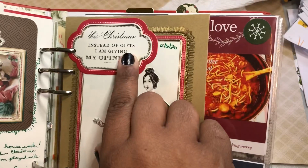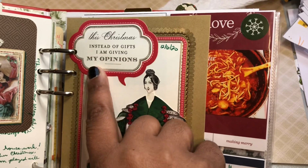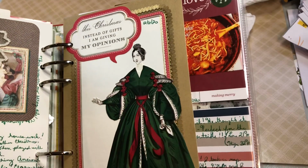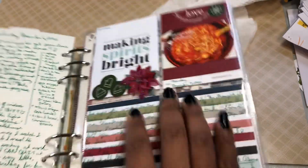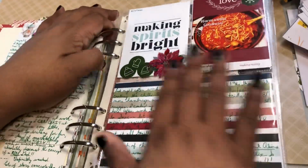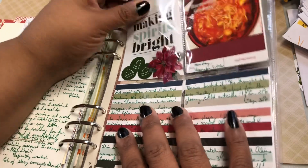So then this is from Anna Griffin. This Christmas, instead of gifts, I'm giving my opinions. And then the little dresses that they had for her. And this is a card layer for the back. And then I did some journaling on there. Here, one of the Allie Edwards pages comes into play. And I did use some of those little